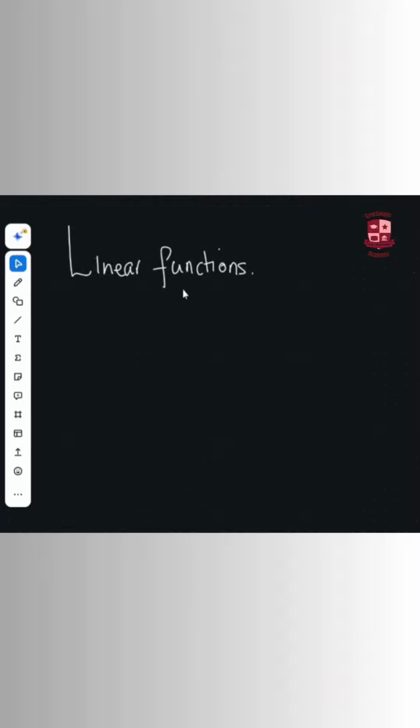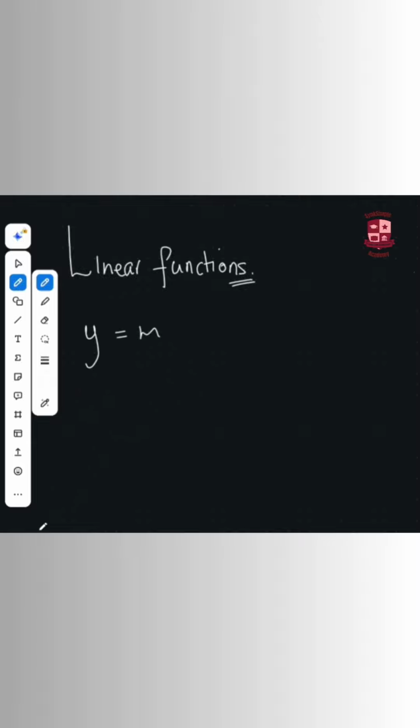In this video, we'll be learning about linear functions. Now, linear functions are functions that form a straight line whenever they are drawn on a graph, which are given by the equation y = mx + c,